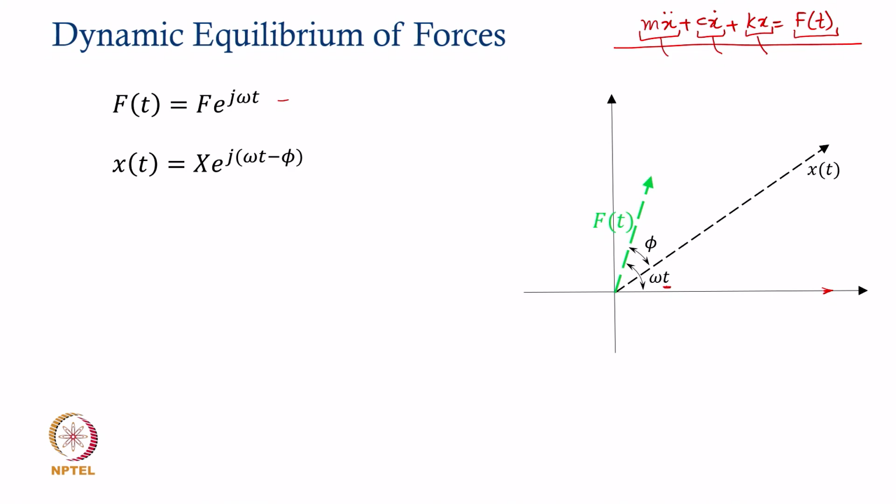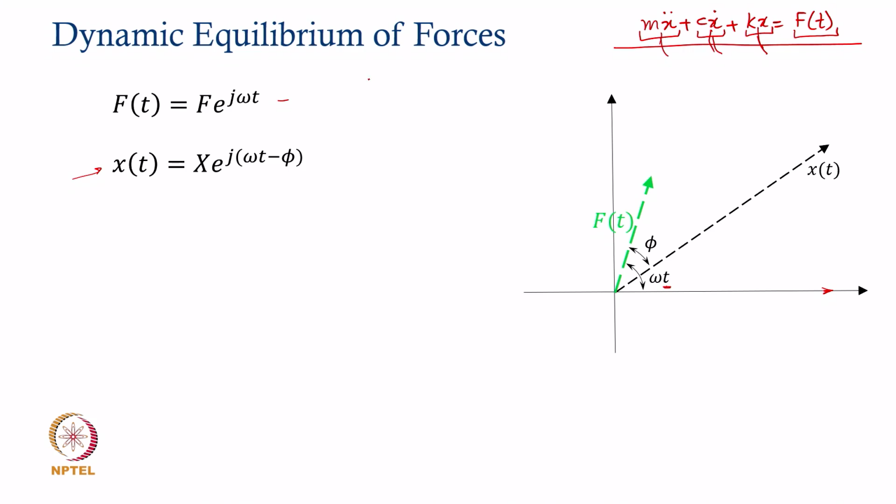We know that the response is given by this expression, considering the phase lag between the force and the response. This is what we have derived earlier. The steady state component of the forced vibration response is given by capital X e to the power j omega t minus phi. Now, because there are other time derivatives of the response x involved here, x dot and x double dot,